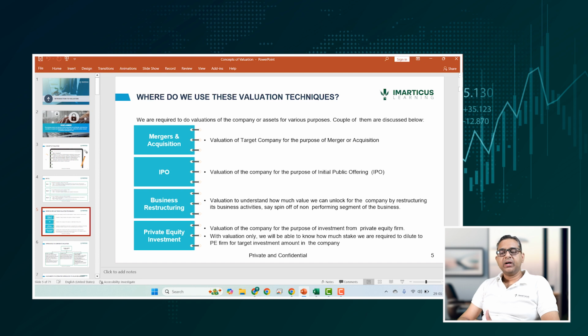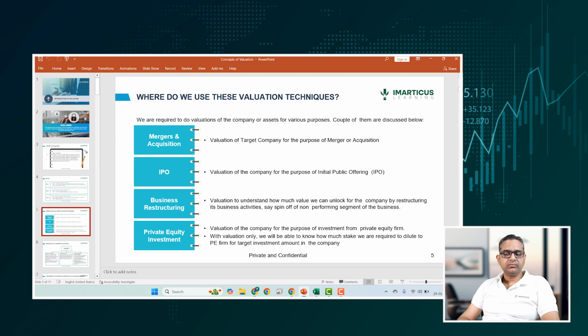For example, Tesla wants to acquire an automobile company in India. So what they will do is they will hire an investment bank who will help them in finding the potential targets in India, and that investment bank would also do the valuation of target companies. So that is how they will be able to advise on what is the value that should be paid for a particular stake in the organization.